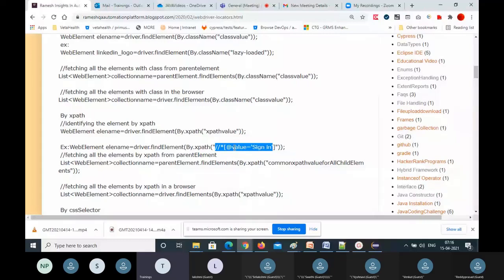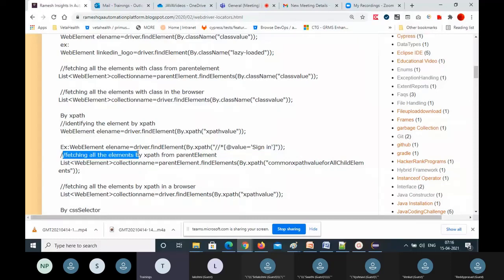Even in the interviews, they will test you. They will give the HTML code and ask you to write the XPath. So please practice all those things. And the tool you cannot use there, right? Because they are in front of you. So only with formulas you have to write. That's why practice will give you confidence.